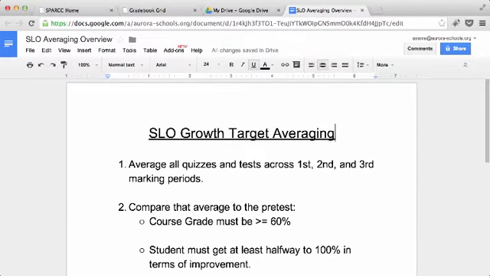Hey there. So I was working with some teachers at the high school, and they were showing me what they had determined in terms of how to calculate their growth targets for their SLOs. And I noticed a lot of it was rather heavily dependent upon gradebook data. And looking at that, we kind of sat down and devised a way that we could do this using Google